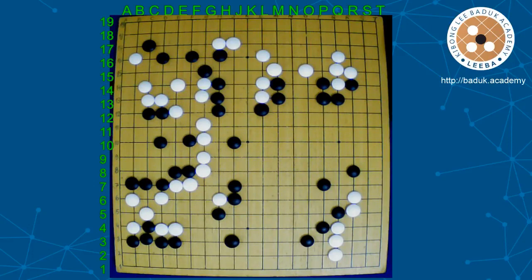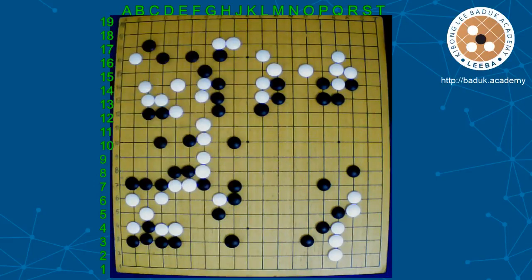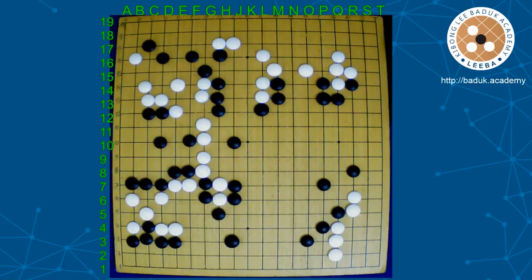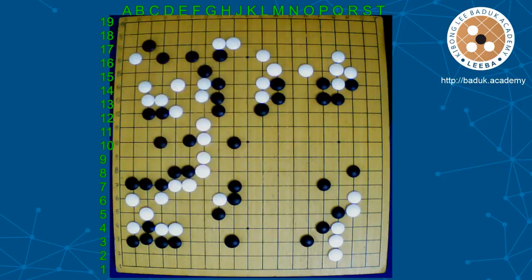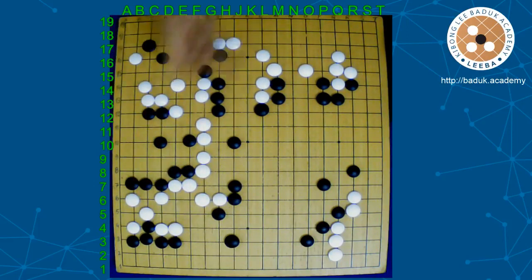White should answer, right? Now can I cut? Yeah, black can cut like this. You could not save this group. So this is center. So white has to defend. Then